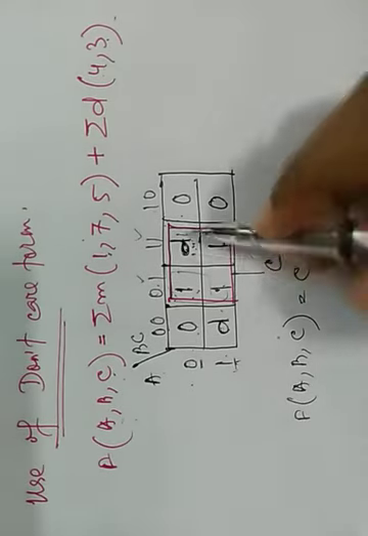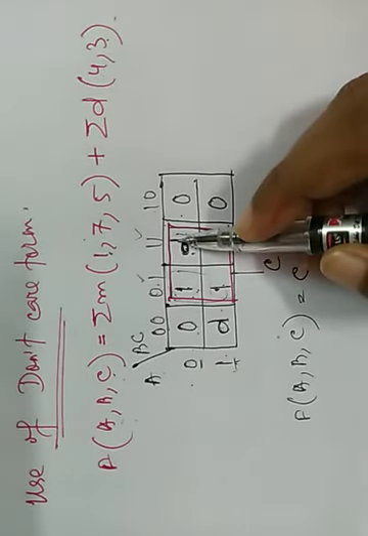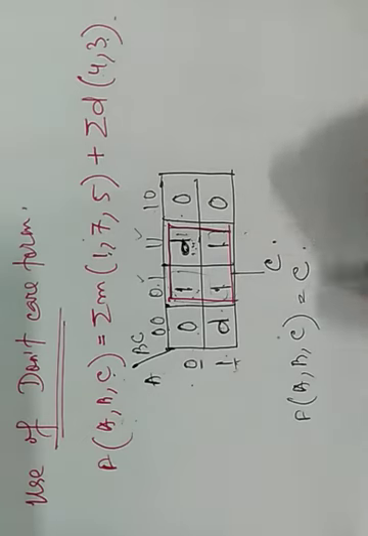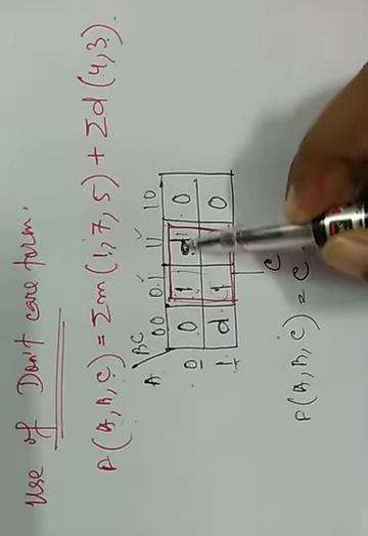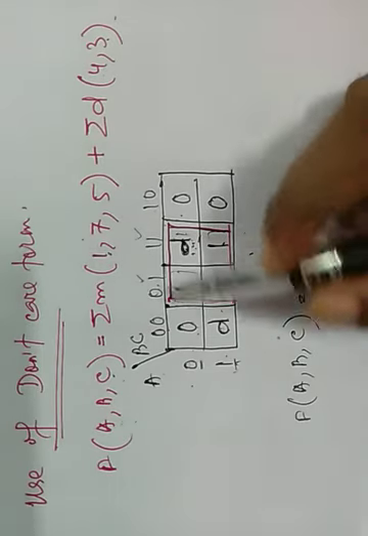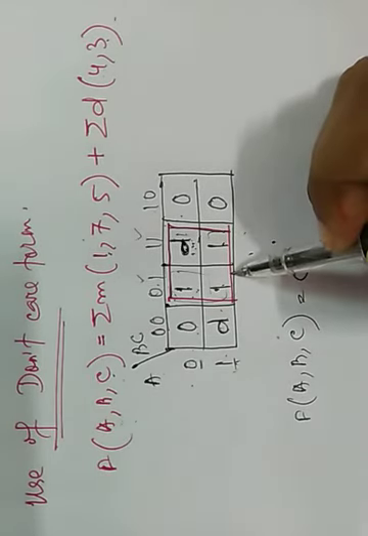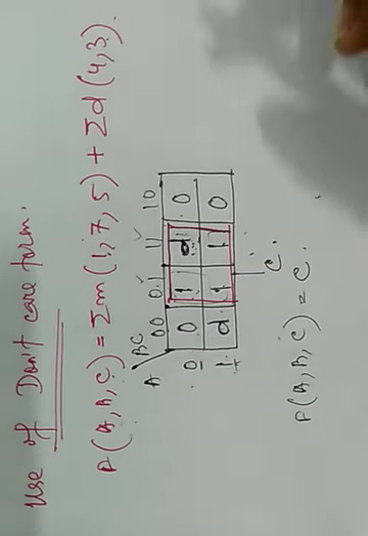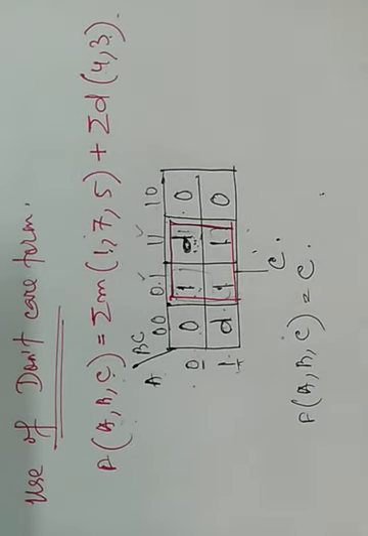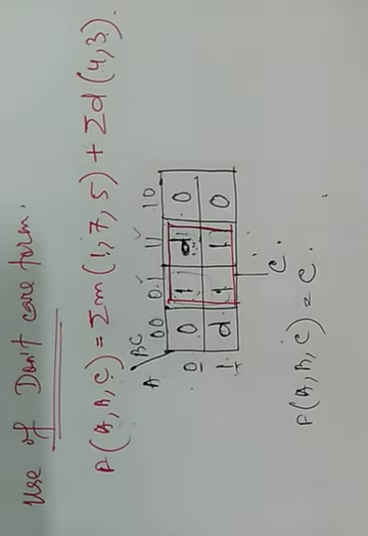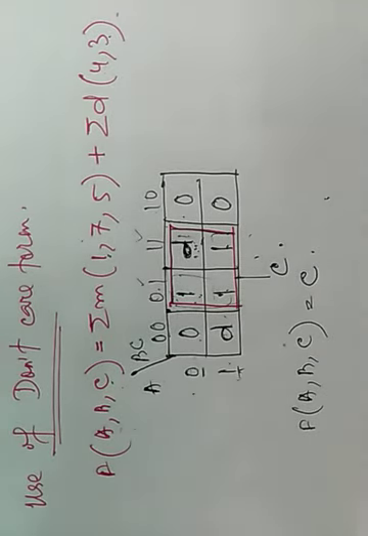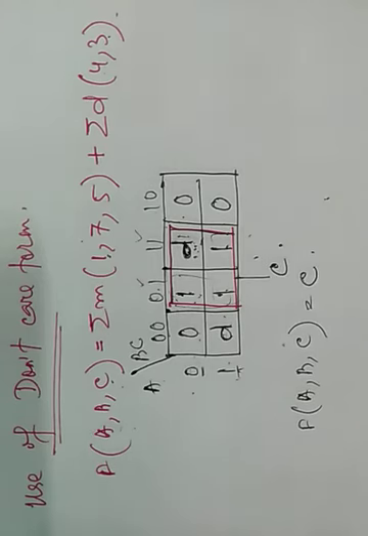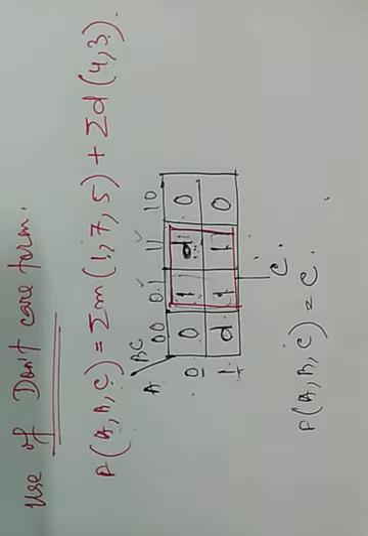C. If you don't take this d into consideration, you get 2 min term values. Obviously that must not be a simplified value, so we take the d value into consideration to make a group of ones. Okay, this is our don't care consideration. This is all about the Karnaugh map. By using this Karnaugh map we can simplify any Boolean expression very easily. Okay.